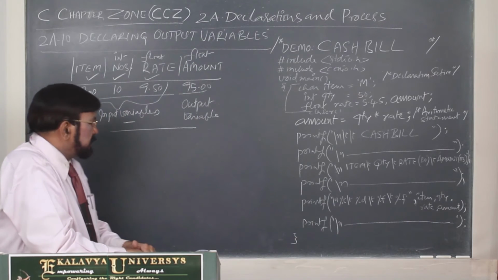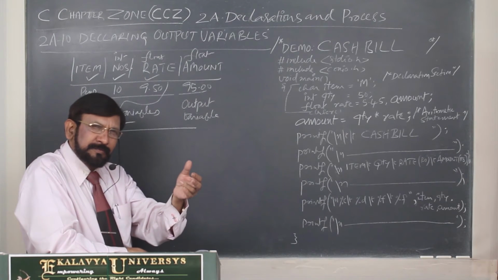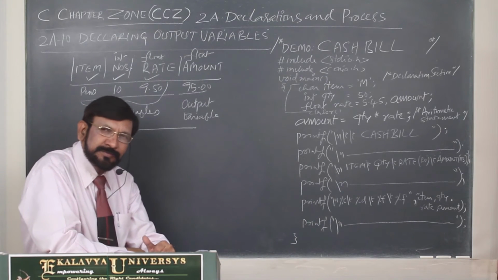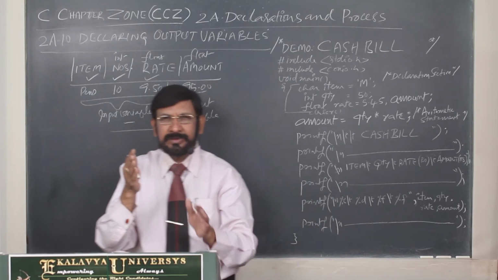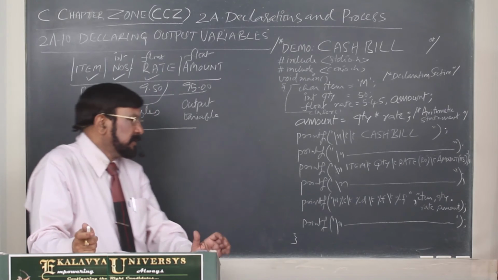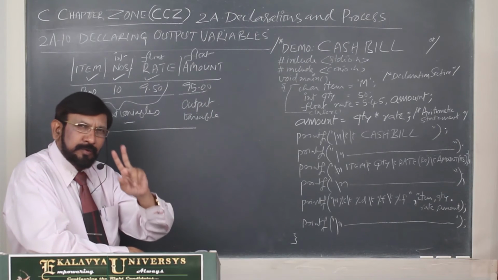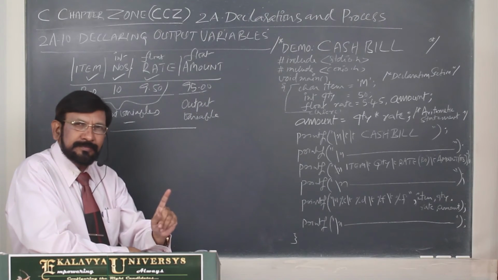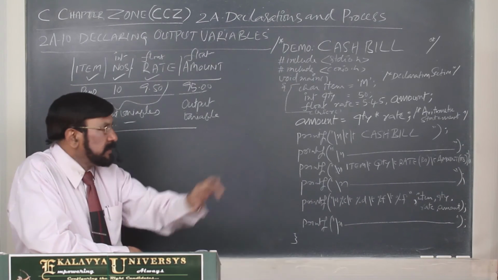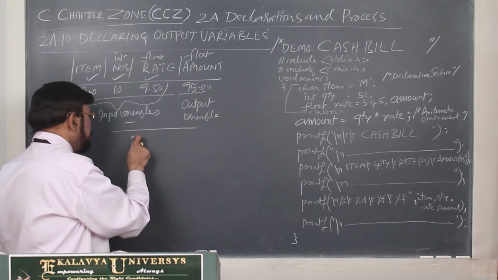What is the principle for that? Anything you take, because of performing some arithmetical operations, you are getting the result. Arithmetical operations means plus, minus, division, multiplication, etc. That's why now we are mainly dealing with 2 numerical types. One is integer, second one is float. Char is not a numerical type, it represents a character. So we have to focus on int and float. So how many combinations can you form?